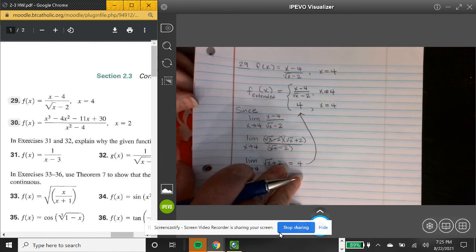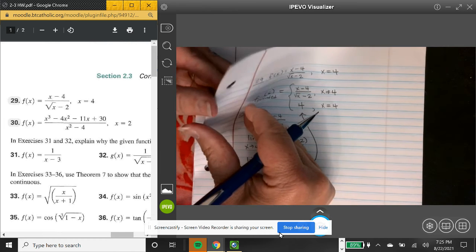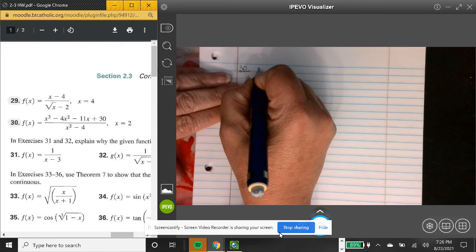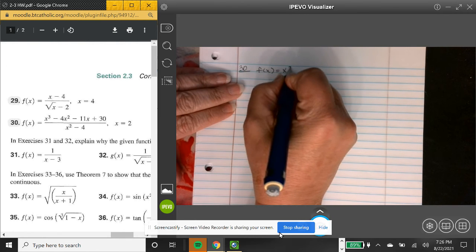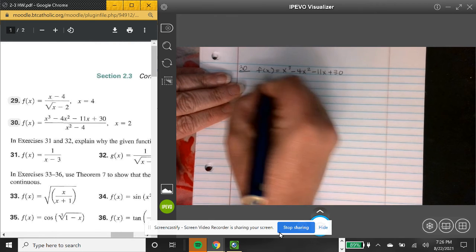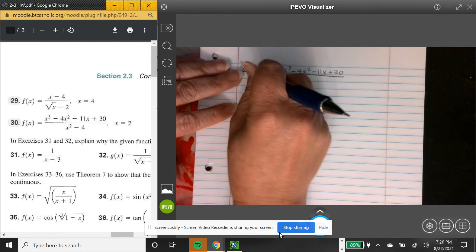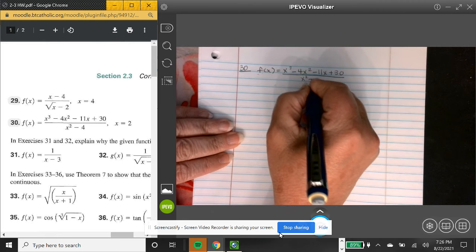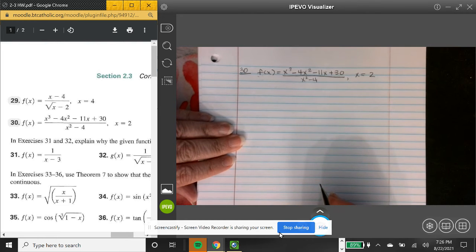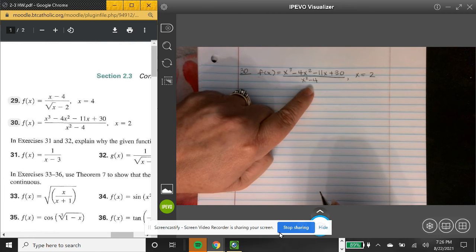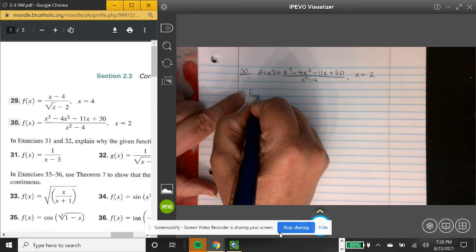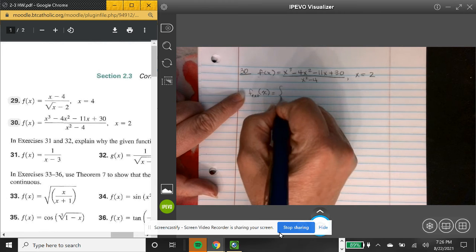All right, so let's look at number 30. I have f of x equals x to the third minus 4x squared minus 11x plus 30 all over x squared minus 4 for x equals 2. Now, x equals 2 doesn't work here because I will have a 0 in the denominator. So if I'm going to do an extended function, I'm going to use the curly braces here,